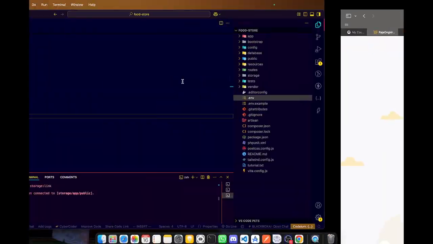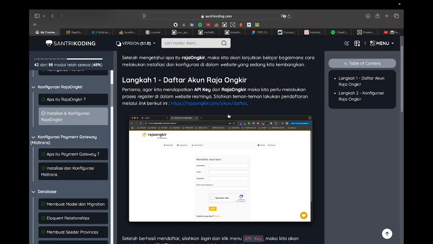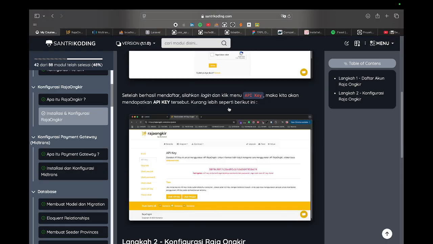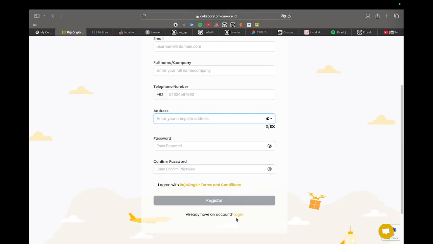Because this is just a tutorial, the company name is whatever you want. I just write tutorial. After that, you put your telephone number, your home address, your password, and confirm the password. Because I have already registered, I just log in.